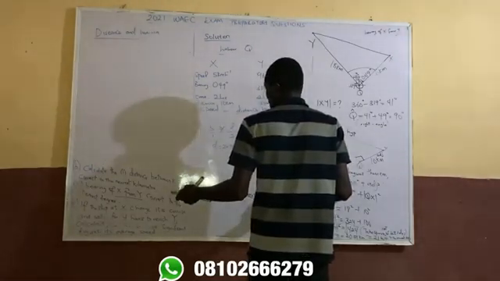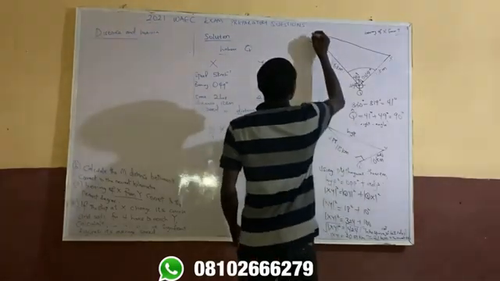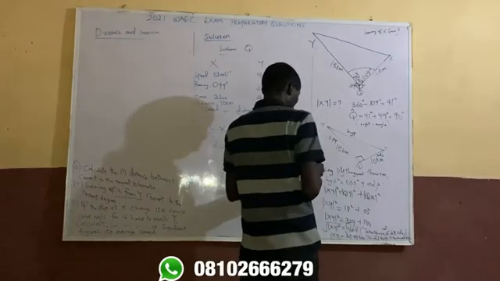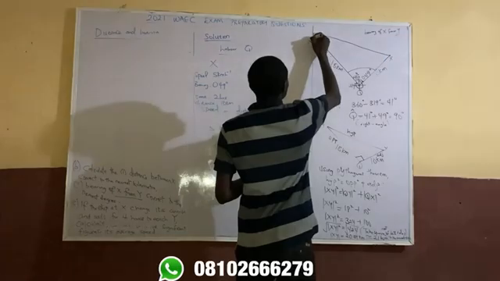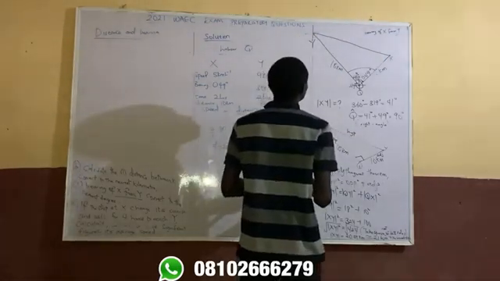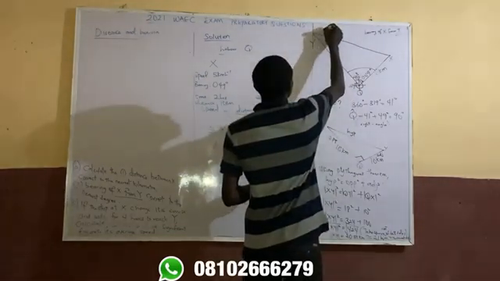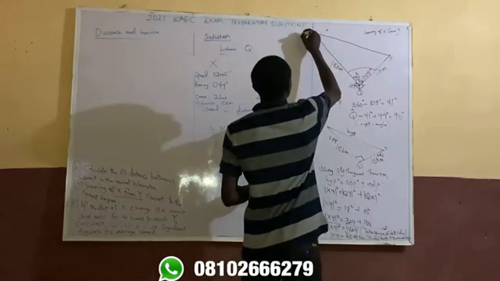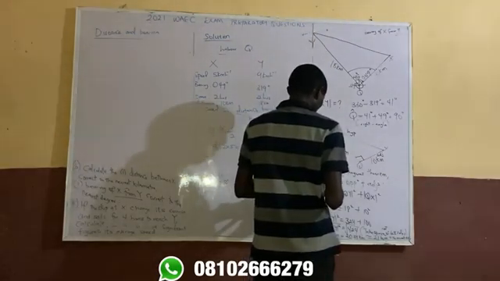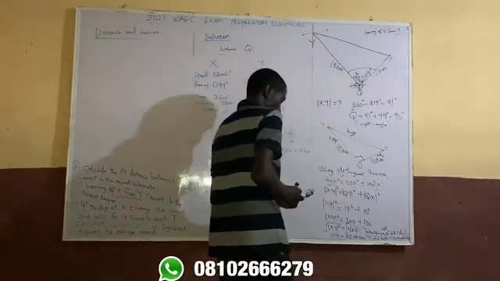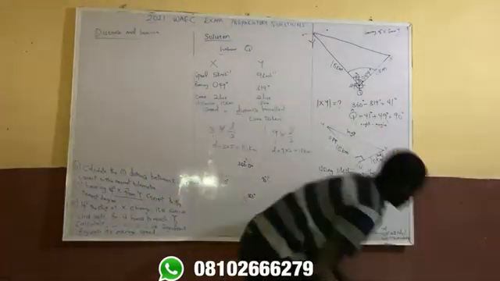So we are going to draw the cardinal points on the y, because the question is the bearing of x from y. So we go back to point y here and draw the four cardinal points: the north, the east, the south, and the west. So what you need to do here is